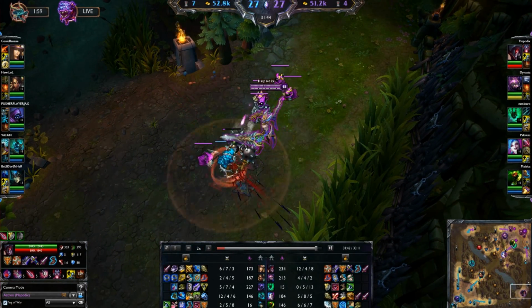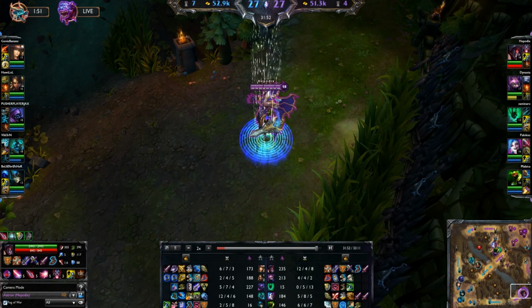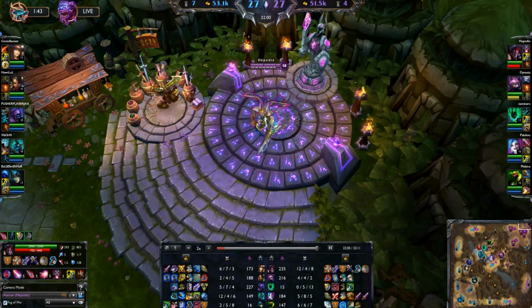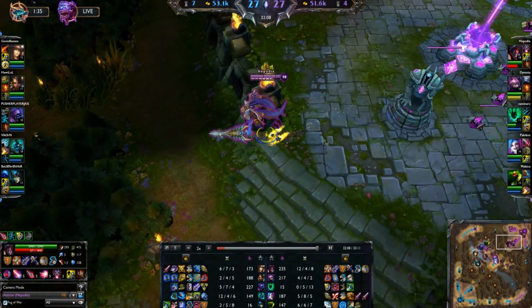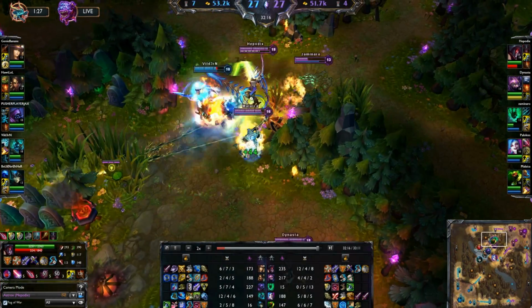Just bought the BF sword. Going for the Mercurial Scimitar, as they're somewhat very high CC'd. It's very recommended. As well as they have some magic damage as well, as well as physical damage, of course, but I got the Solari, so...